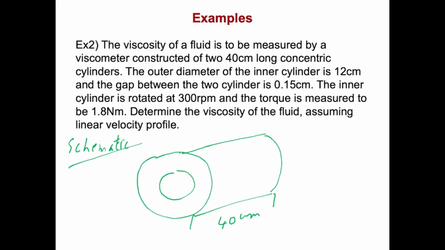The outer diameter of the inner cylinder, so that is this diameter, is 12 centimeters, and the gap between these two cylinders is 0.15 centimeter, right? Now the inner cylinder is being rotated at a speed of 300 rpm,